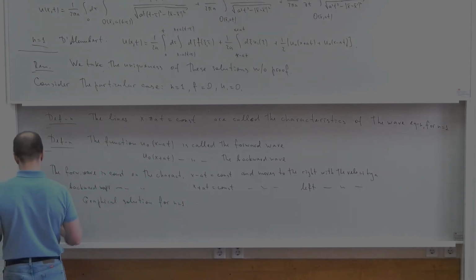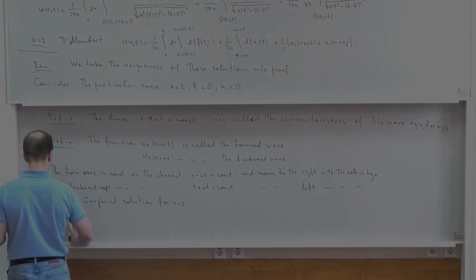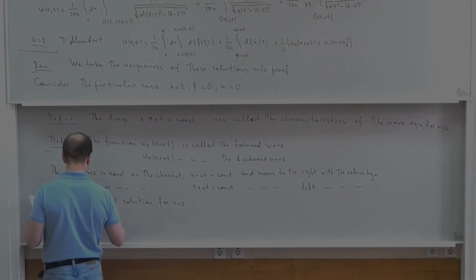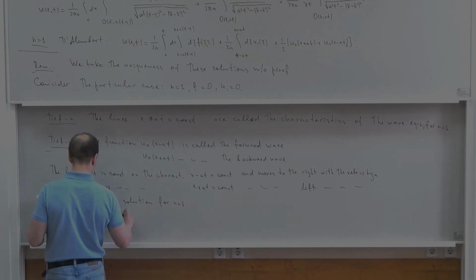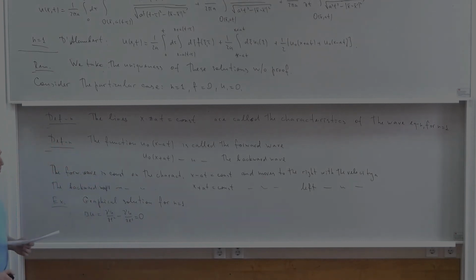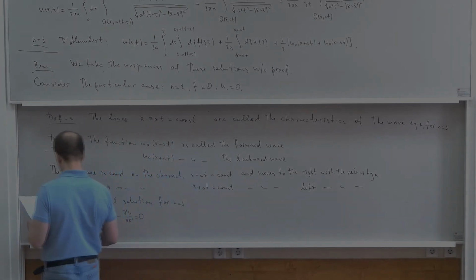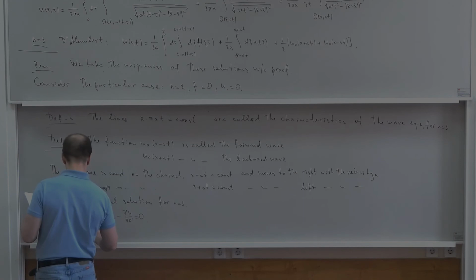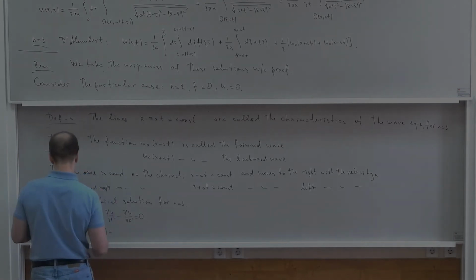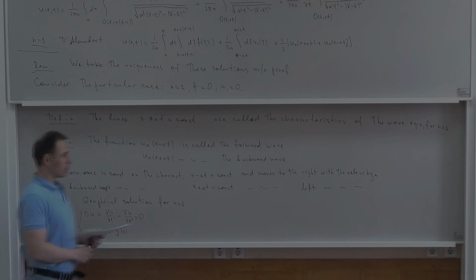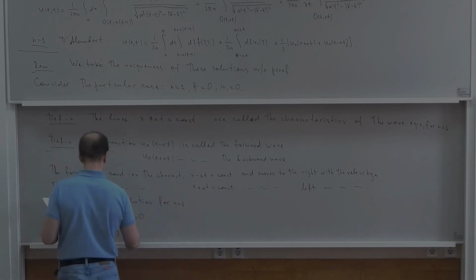We consider the following problem. Consider a homogeneous wave equation, with the following initial conditions. We assume that at the initial instant of time, the function u is equal to some given function g of x, and as for the generalized velocity,